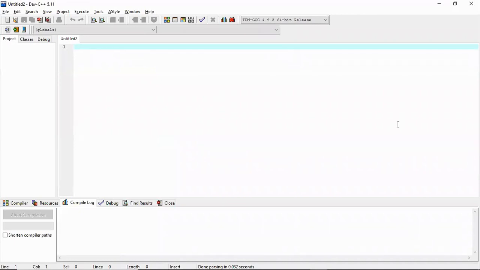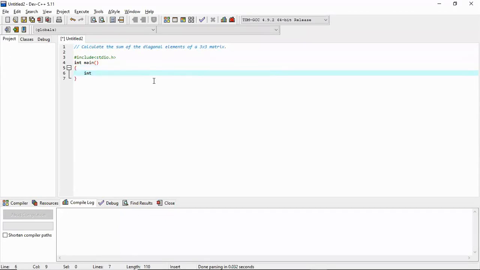So let us say that we have an n cross n matrix, and we have to find the sum of the diagonal elements of this matrix. So the target is that we have to calculate the sum of the diagonal elements of A, say for example, we are taking a 3 cross 3 matrix.